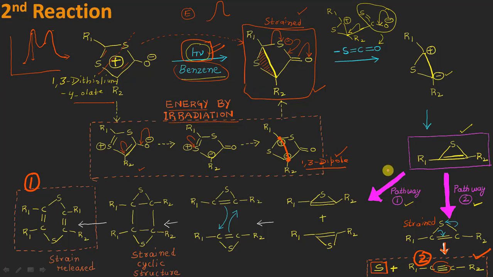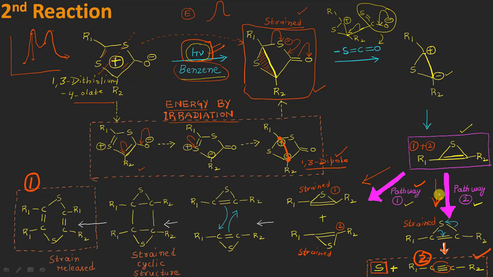And there is also a second pathway here, in which this intermediate, let us say this is the first molecule, will react with the second molecule of the same intermediate, which you can see here. This is the first intermediate and this is the second intermediate molecule, and they will react with each other. In what way? In this way here, right? So once again, this is a strained molecule, as well as the second molecule is also strained, okay? So in order to release this high strain energy, they can either follow this pathway or they can follow this pathway here, right?